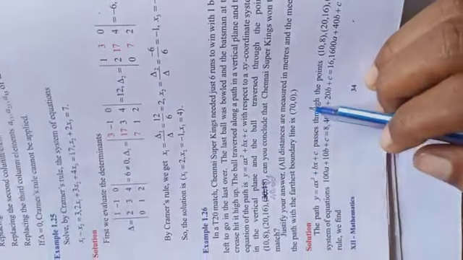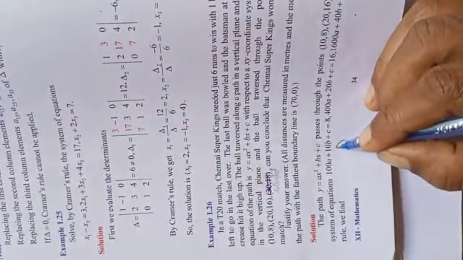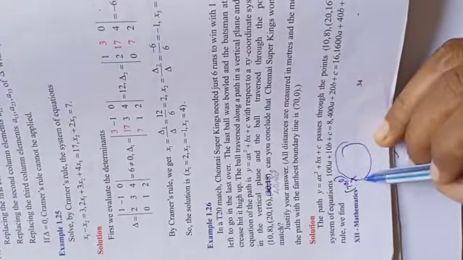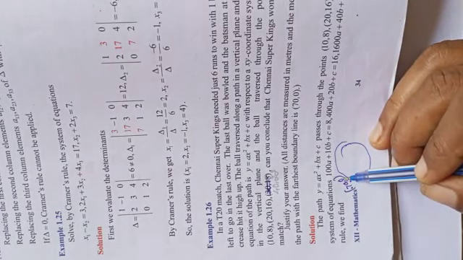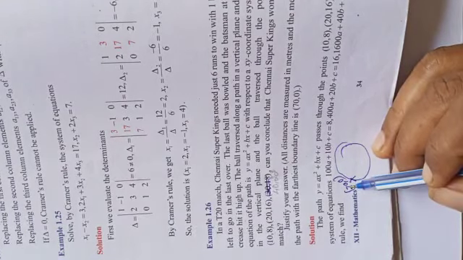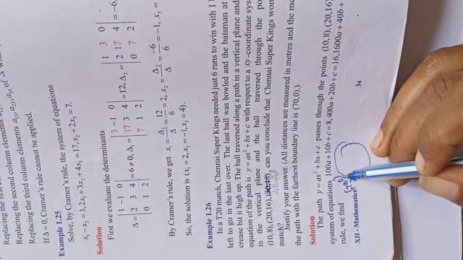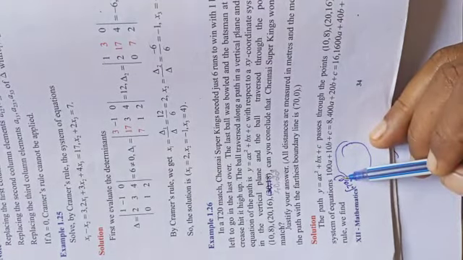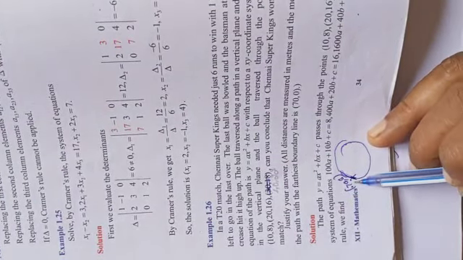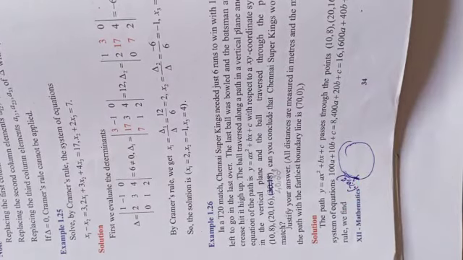So, the boundary line that will be in the ground, isn't it? If we draw this as the boundary line, the boundary point is 70, 0. So the x value is 70, the y value is 0. We have to check whether the y value is above 0. 0 means it hits the line. Above 0 it should get, and the x value also above 70.